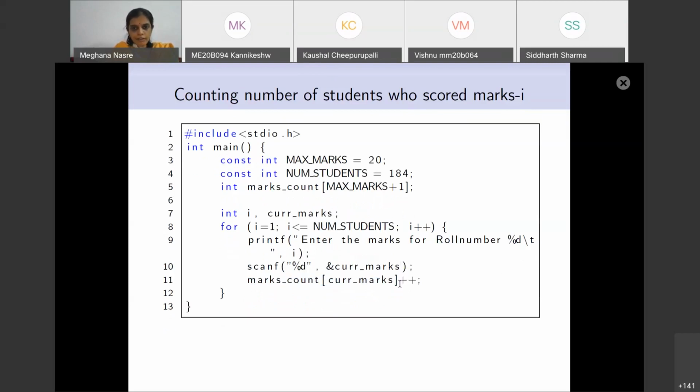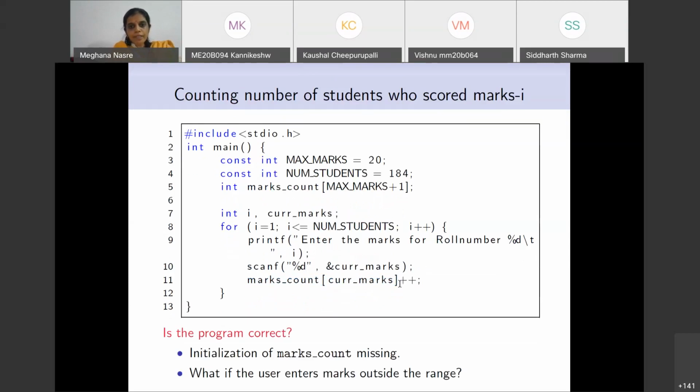However, as observed by Kannikeshwar earlier, the initialization of marks count is missing. So here you can say equal to 0, 0, 0, 20 times, or you can even say 1, 0, and then the remaining values will also get initialized to 0.